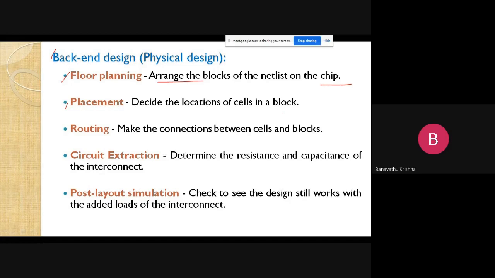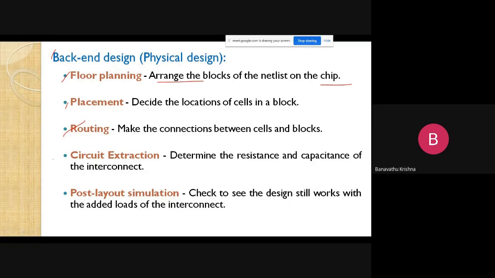To save the memory organization, and also to reduce the size of the system, right? And then after placing, routing: make the connections between the cells and blocks. The blocks and cells are placed on the decided locations, and then we make the connections between those cells and blocks.